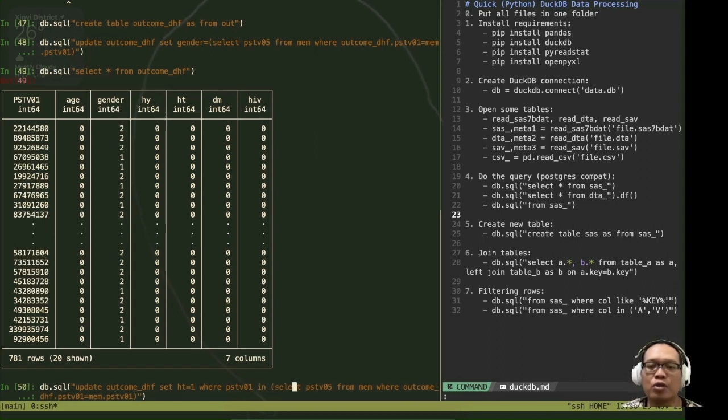Because in this case I want to select all the distinct BSTV from FTL, where in this case we don't need to specify the ID, the patient ID or BSTV01, but we want to query the specific